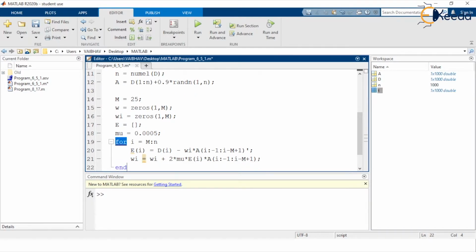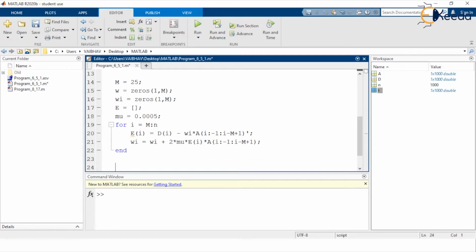And this is the logic we have built with the help of the for loop. So let us end it with the keyword end.